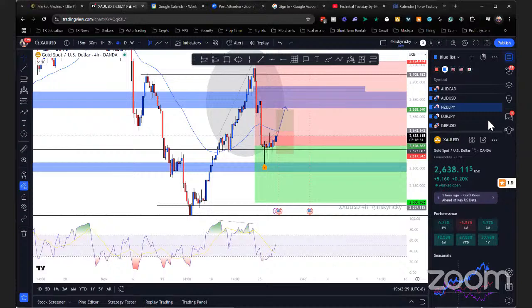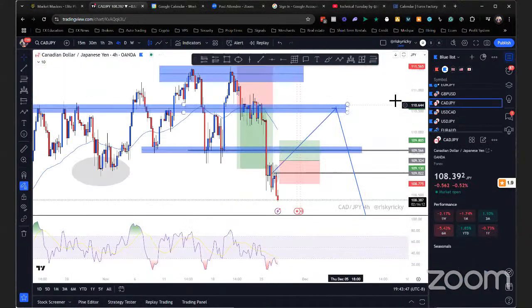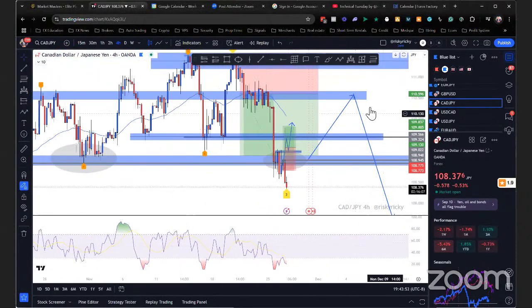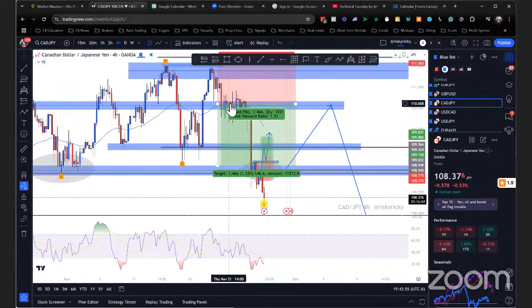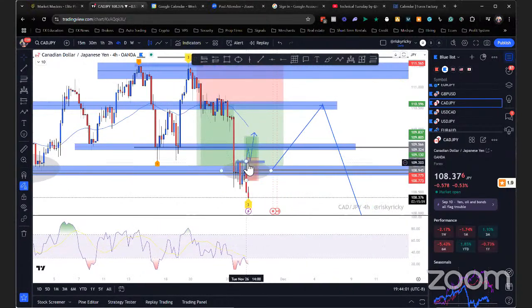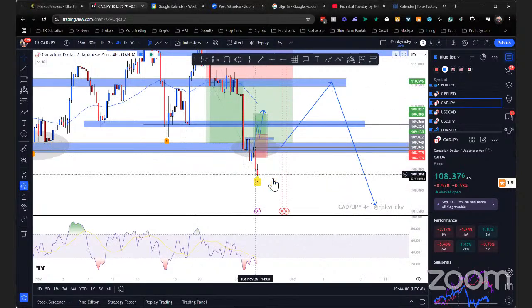All right. Any pairs you guys wanted to check out here? If there's any requests, write them down. Unfortunately, right now with all the pairs that I pulled out, I don't see a good setup so far. I know CAD JPY, I did short this one over here. And I was potentially sitting for a long position there, but it didn't happen. It ended up breaking and coming down.